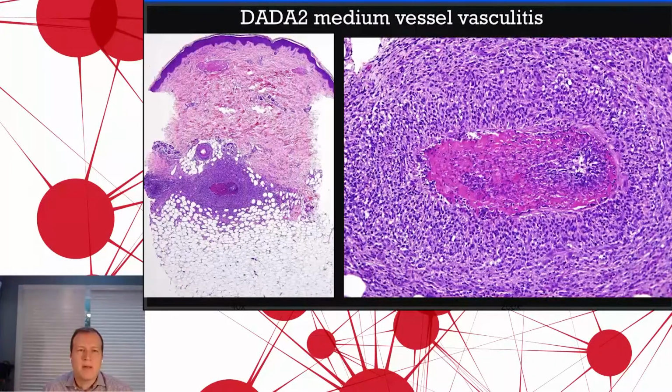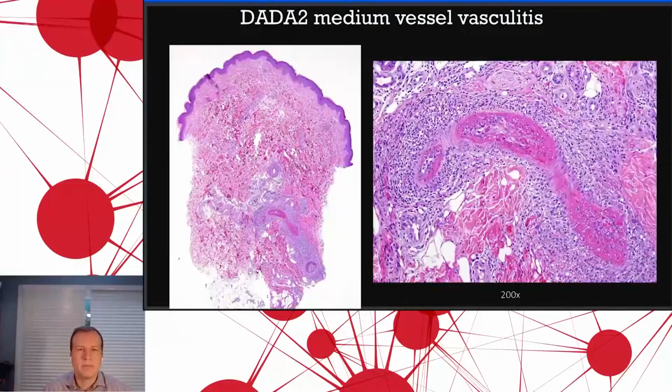You can also see the pattern of the biopsy here. This is a punch biopsy, and most of the biopsies that we have done have been punch biopsies, and we'll talk a little bit more about the limitations of that in a second. Here we obviously have one nice large vessel in the specimen, but there is the potential for sampling error. Here is another example of a punch biopsy specimen. This time we're fortunate in that the vessel was cut transversely, and so we again see a nice example of that transmural infiltrate and fibrinoid necrosis extending all the way through the wall.